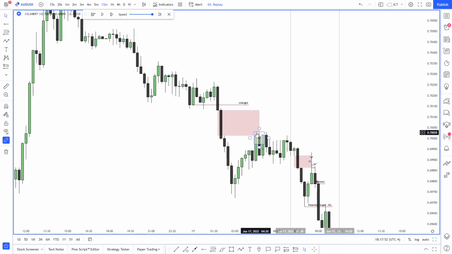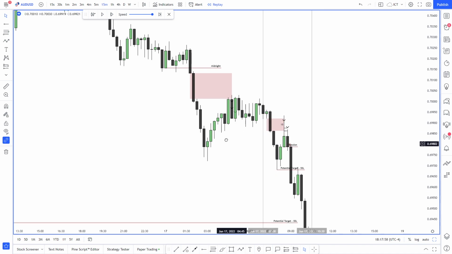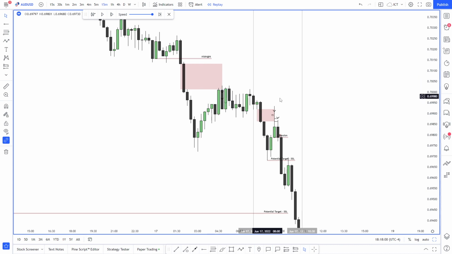Fair value gap is respected here. And when we start the session, we see price finally expanding to the downside, right? Expanding to the downside. And the only bad thing is that a lot of liquidity has been left behind up here. Doesn't necessarily mean that it has to get up there right now or anything close to that, but well, it is a little bit annoying because something like this